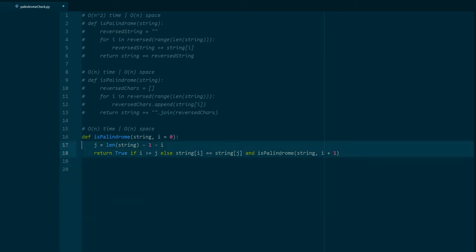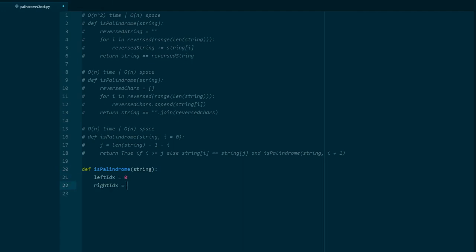Now let's dive into the final solution, the iterative solution that had the best space-time complexity analysis. So is palindrome. It's just going to take in a string, and we're going to say left IDX is equal to 0, right IDX is equal to len of string minus 1. So we're saying initialize the left pointer to the first index, initialize the right pointer to the last index, and then say while left IDX is less than right IDX, while our left pointer comes before the right pointer,